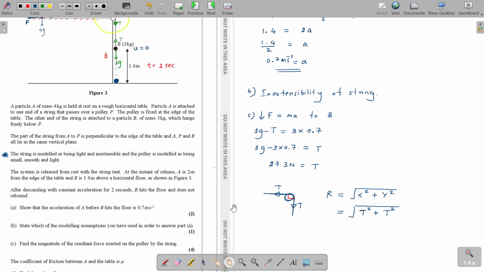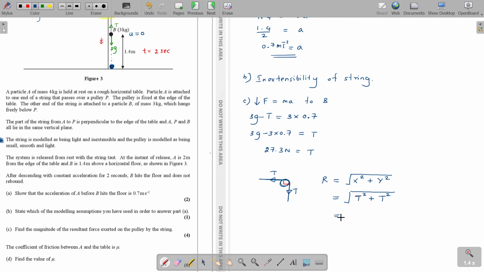So now let's input the T value, and the final answer must be given to 2SF or 3SF since we use g as 9.8 inside the sum. Okay, so how much is it? Square root of 27.3 squared plus 27.3 squared. I hope all of you were clear with what I did here. Were you clear with this part? The x direction, y direction, sum of squares and square roots. So that is